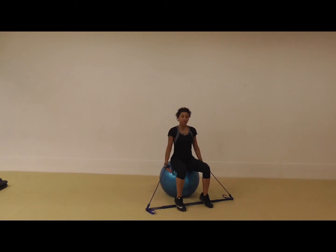So, keeping your torso really tall, your knees just shoulder width apart, we're now going to bring the hands up towards the shoulders. Great little exercise because I can adjust that resistance to my knees. So I can just take a bit of tension off and adjust it. I can also change the position of my arms. So I can still get a good bicep workout by lifting the arms up,